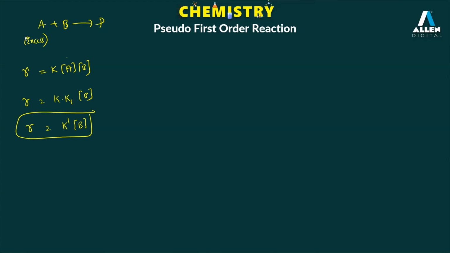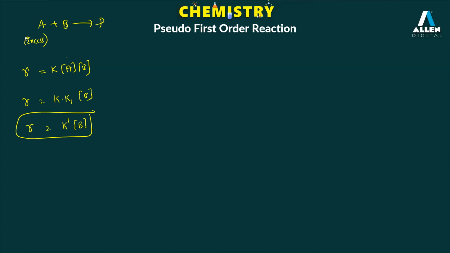Molecularity is 2. What is the order? The order is 1. Molecularity of the reaction means the number of molecules involved in the collisions. That is 2, two molecules are there. But what is the order? The order of the reaction is 1,